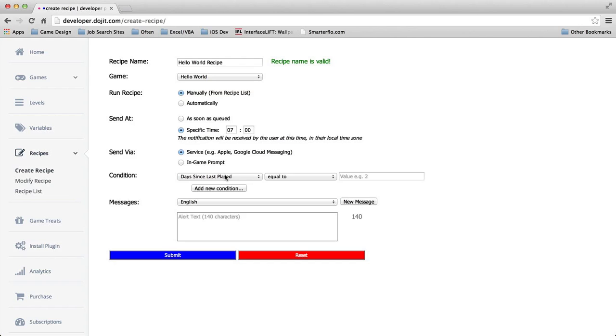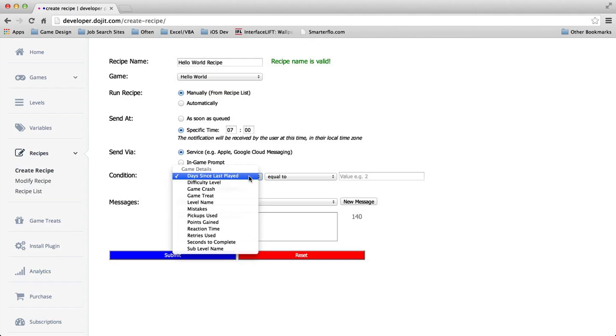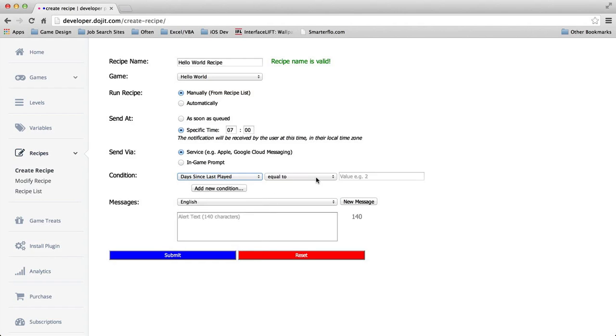Then we come to the conditions, which is the major part of a recipe. At the moment, these are the fields you can choose from. Days since last played, being the days since the player last completed a level in the game. The others are fairly self-explanatory, such as difficulty level, number of mistakes made, points that they gained in that particular level, and so on. I'm going to do days since last played for this particular one,